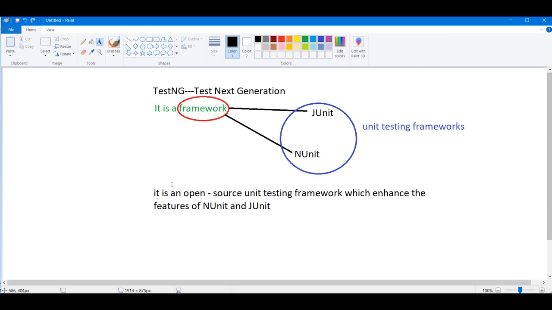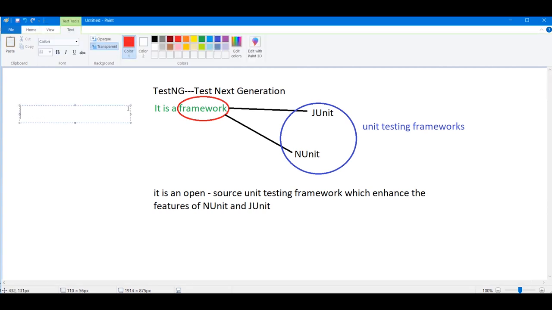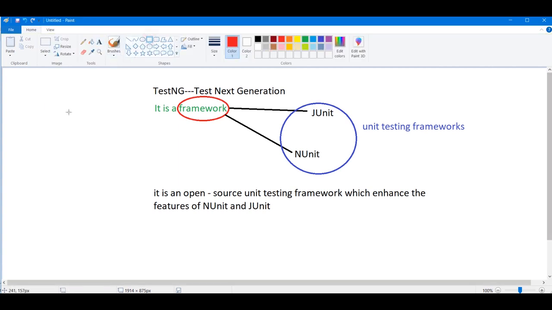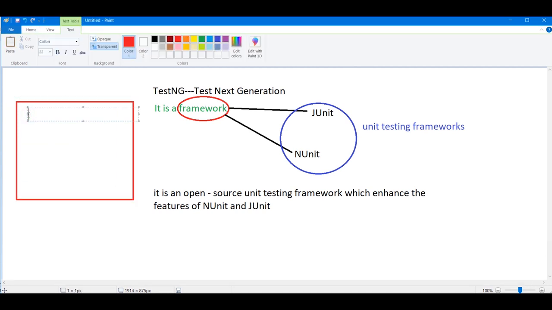Guys, just understand this concept. We are in the automation stage. We are not in the manual testing stage. So these are the things. Basically guys, these are for NUnit, but not only for unit testing framework. What does enhanced feature mean, guys? I just need to first create a box. What are the enhanced features, guys? I just need to focus upon that, and you just need to focus upon the same.